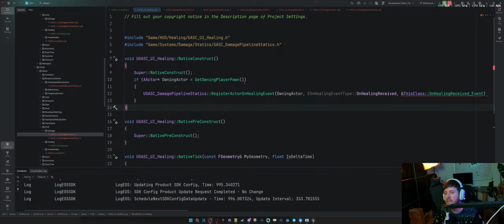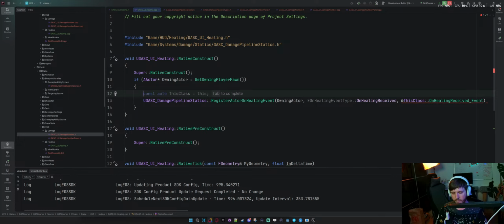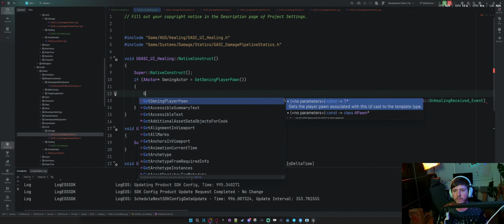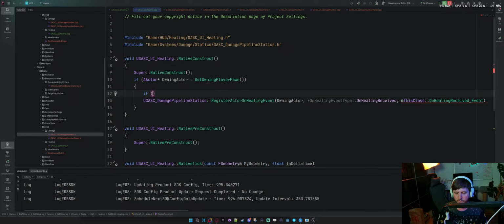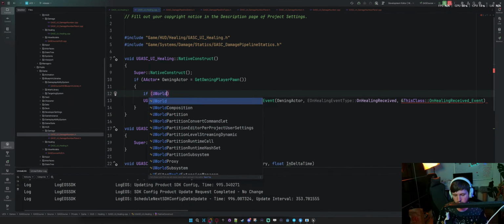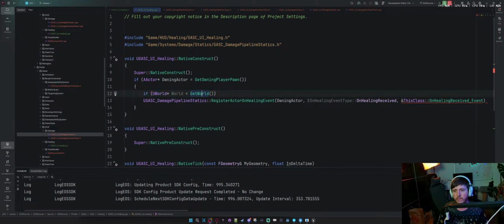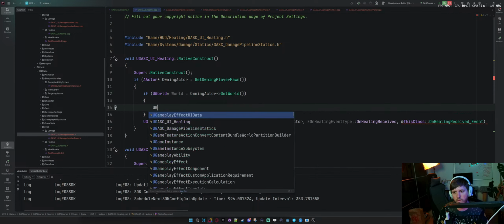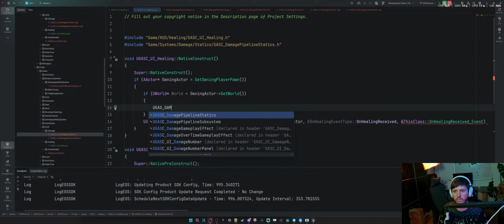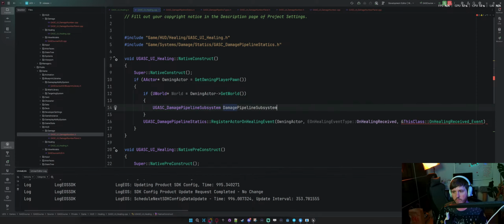So do I do any other statics like this? Or do I kind of say, you know, can I say get world? So if world equals actor world, say like huge damage pipeline subsystem, damage subsystem equal world get subsystem.